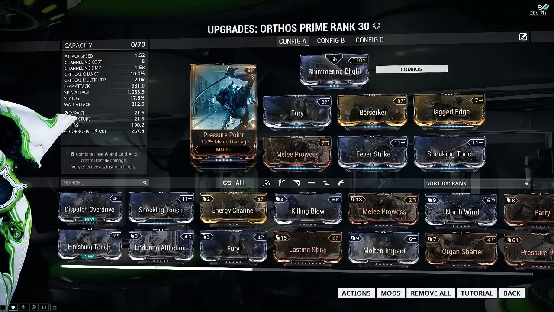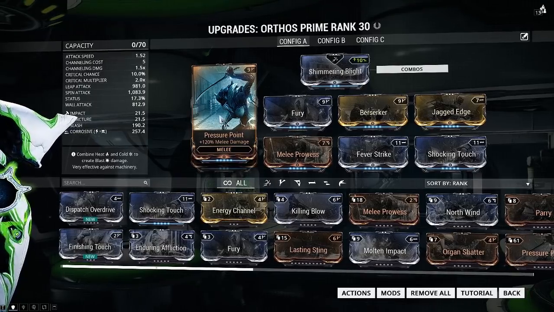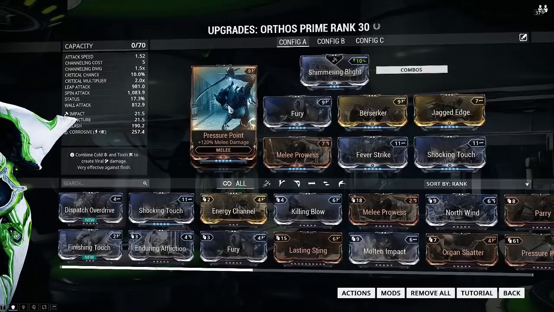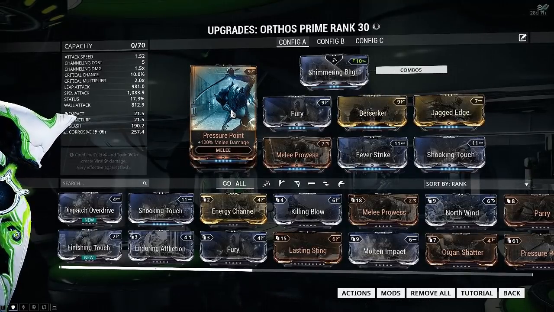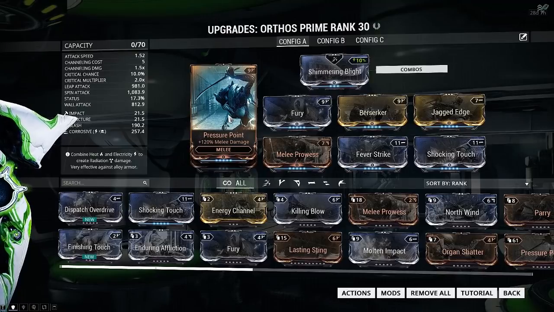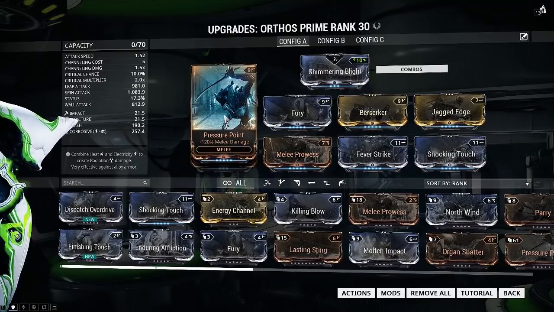They're gold, silver mods. They take a little bit more endo and credits in order to max out. But this is only a 5 spot, and it's a bronze, so it's really, really cheap for you guys to max this out. And this mod you will be using for the majority of your playthrough through the game until you wind up getting yourself a primed Pressure Point, which is going to be the most ideal thing for you guys